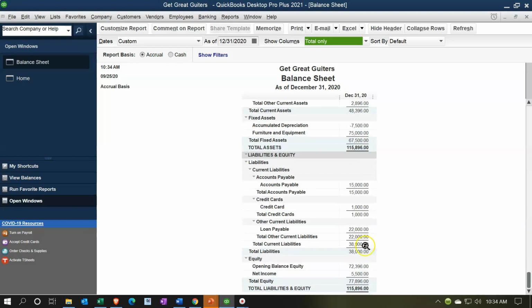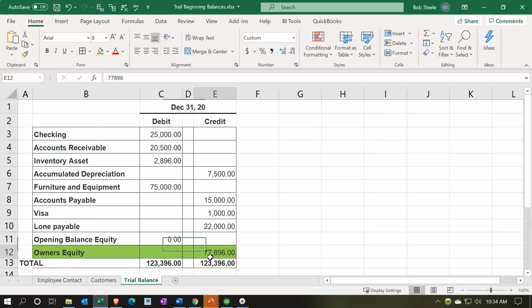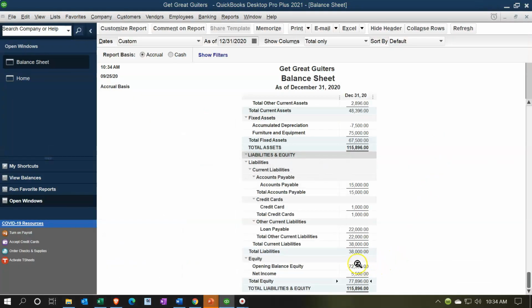If you look at the equity section down here, the total equity is correct, 77,896, but it's broken out into multiple equity accounts. One of them being the opening balance equity, and then you see this other account being net income. And net income is not really an equity account. QuickBooks is trying to help us out with that net income by showing it on the balance sheet to show you that the net income is linked. The balance sheet is linked to the income statement. They're not two separate things that act differently. They're trying to show you where that link is, but that's not really something that would traditionally be shown on